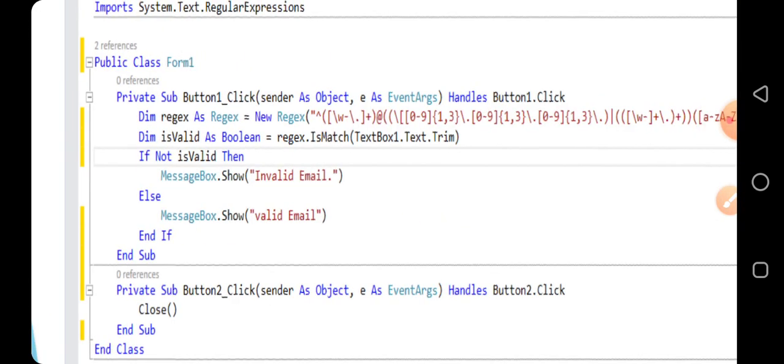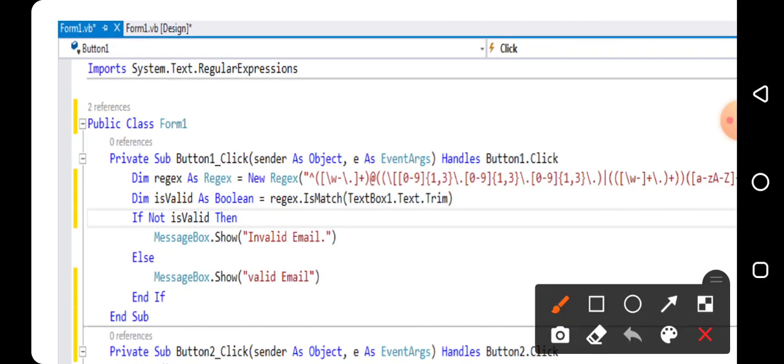To write the code, as I said, we are writing this program using regular expression. What exactly the regular expression is? Regular expressions consist of characters, operators and different constructs. For that we have one class called Regex.